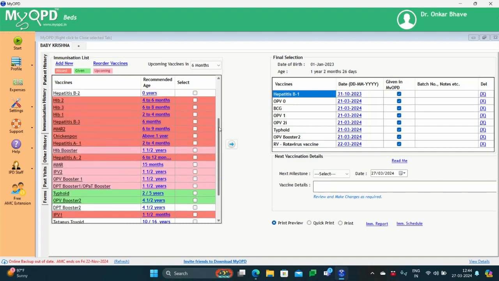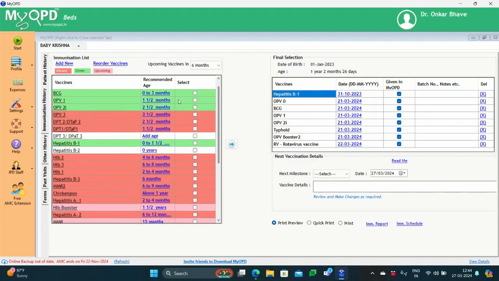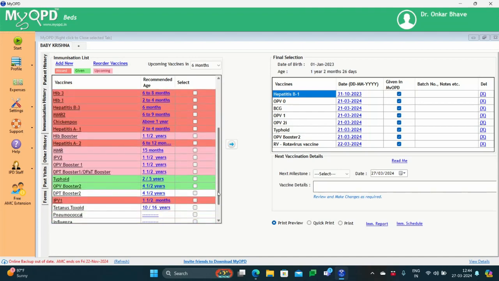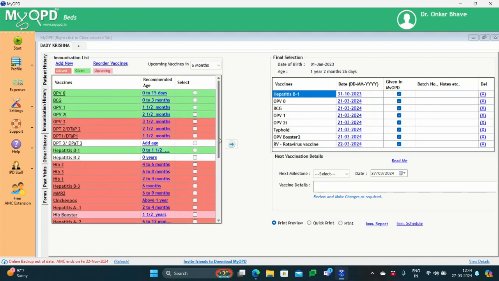And if you see here, you can see some color coding. Some vaccines with a green background are given vaccines. Those with a red background are missed vaccines, so they were not given in the required milestone or in the recommended age. And there are some vaccines with a pink background, they are upcoming vaccines. So if I select some vaccine from here,